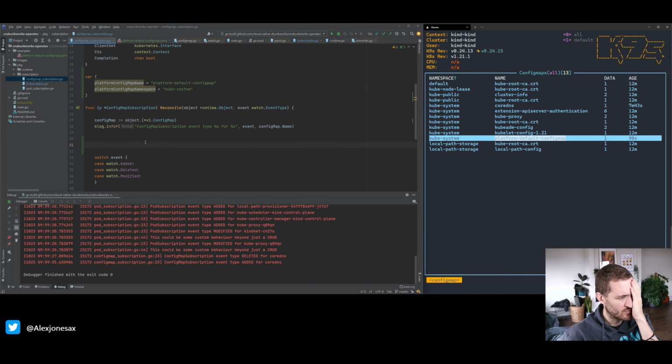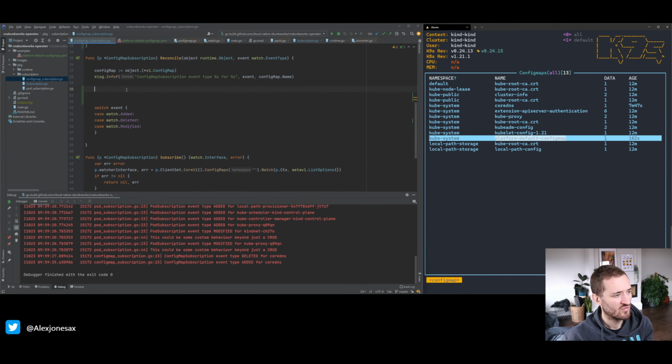Okay, and then what we can do is on the reconcile, when we get our objects come through,